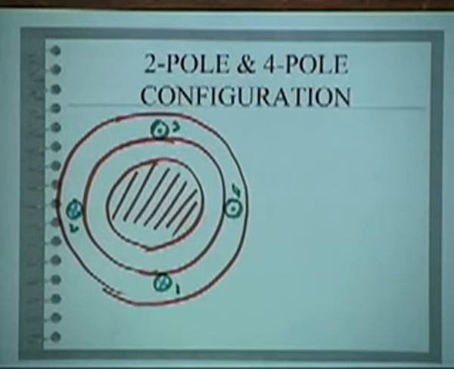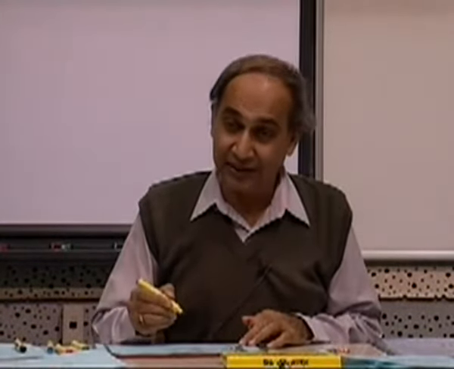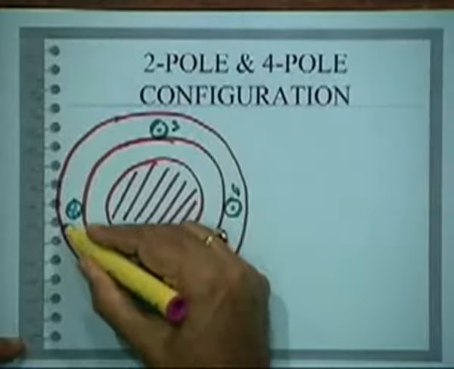Then what will happen? How many poles has it created? How many? 2 or 4? 4? How many say 4? How many say 2? How many 4? How many 2? Right? So invariably those in minority are the right correct things. You see. So it is basically a 2-pole system.